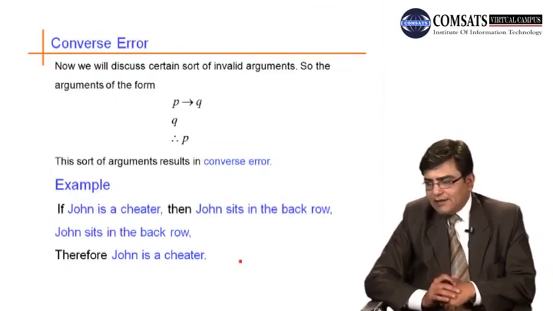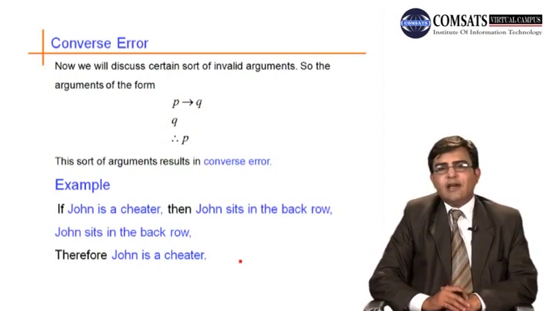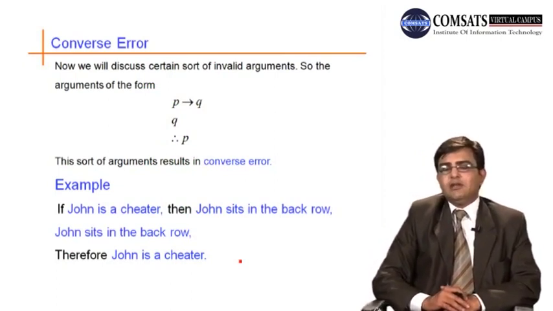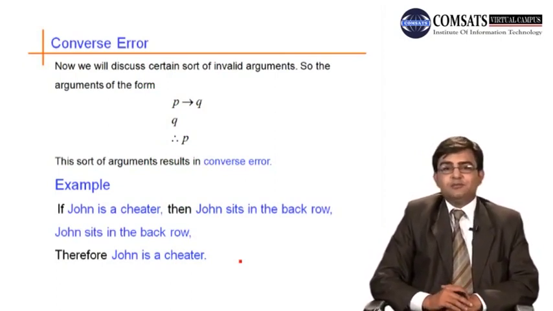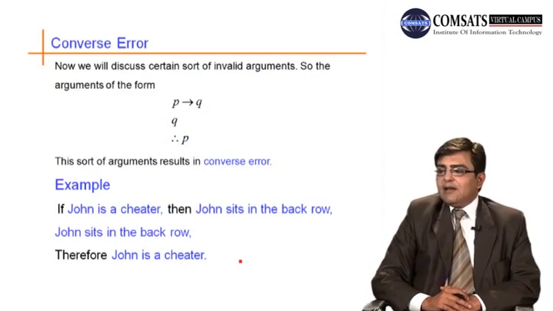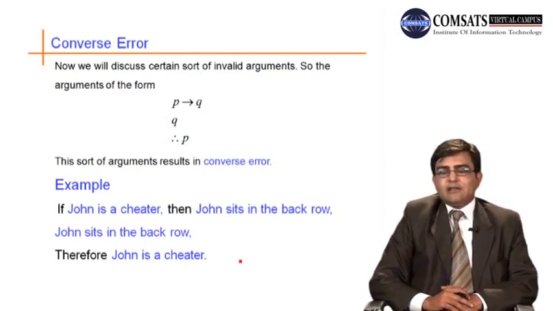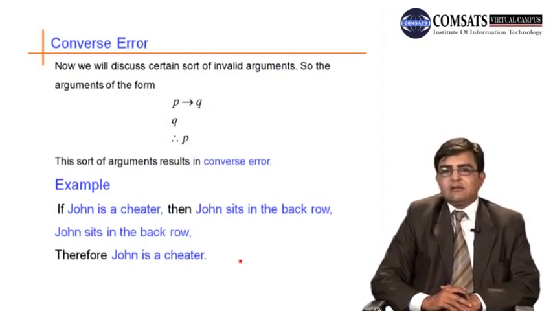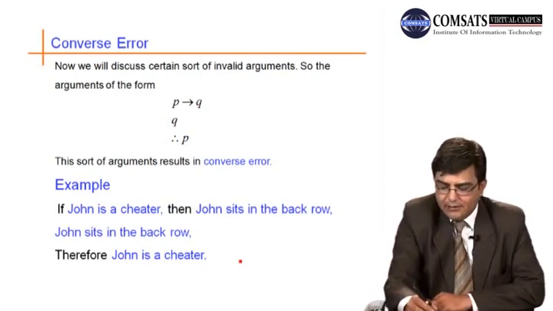The next, there are some common types of errors which we make in the logic of valid and invalid arguments. What are the major errors? First error is called the converse error. So what is the converse error? People usually